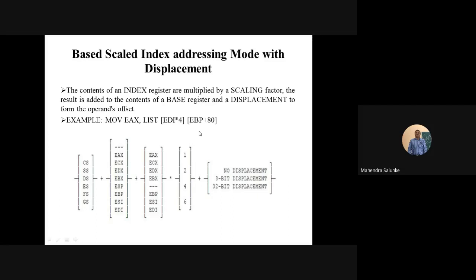There is no doubt in that. The 32-bit value can be represented in the direct addressing mode as well. You can write that 32-bit value in the brackets, with no need to go for base, index and scaling. But that is only possible if only one element is there. If you are trying to access an array, then it is preferred to use index addressing, because the index will point to every individual element within that array. Now, if each element of the array is 2 bytes, then the scaling factor will also be involved. So depending on the requirement, you can select. While programming, we will again elaborate more on selecting the addressing modes.